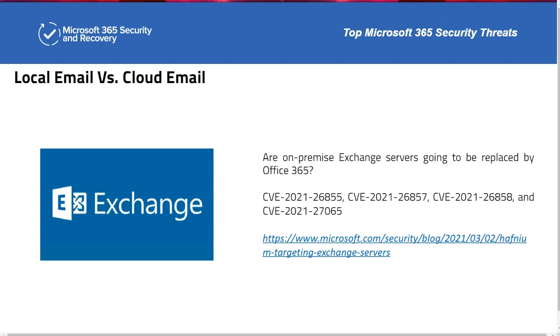But here we have the Chinese threat actors targeting the Exchange servers with all of these zero-day vulnerabilities. Obviously, they're not zero-day now. Patches are available because they all have CVE numbers. But there is a big argument in many circles about the fact that Microsoft would like you very much, please,